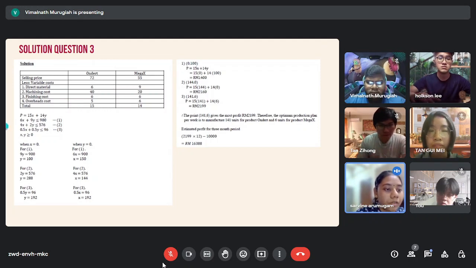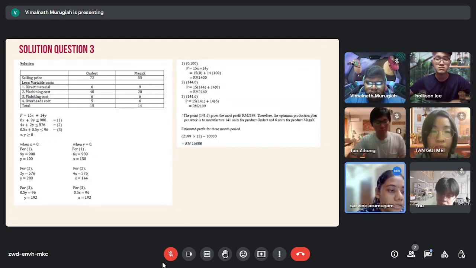0.5x plus 0.5y less than 96 will be number 3. X, y greater than 0. So the solution is for plotting the graph. When x equals 0, for substitution number 1, 9y equals 900, so y will be 100. For number 2, 2y equals 576, y equals 288, and for 3, 0.5y equals 96, y equals